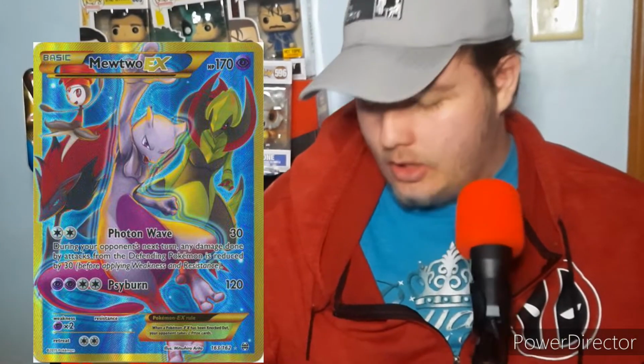So I recommend this card. I think it's a great card. Again, it's got multiple Pokemon on it. It's aesthetically pleasing. It's from an older set. It's one that is just waiting to be